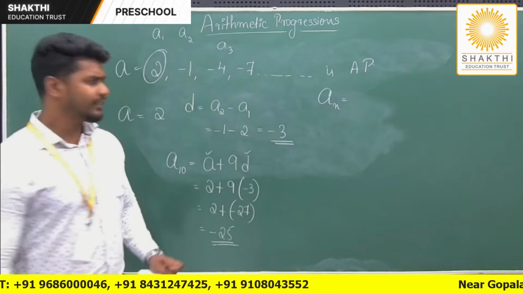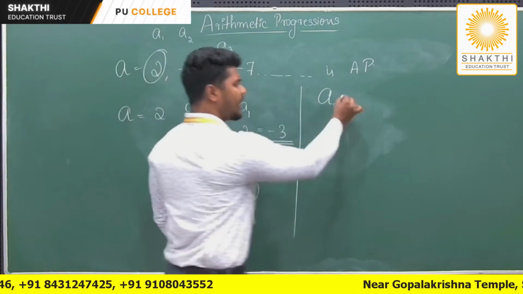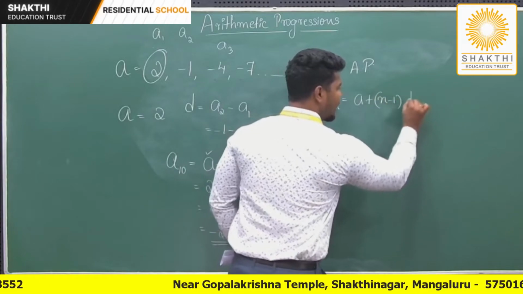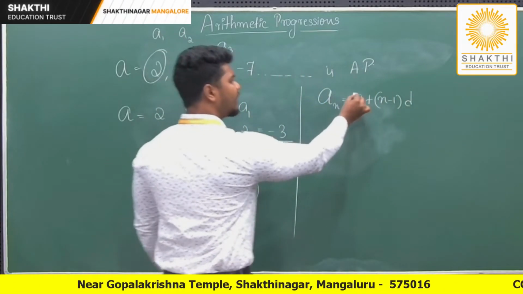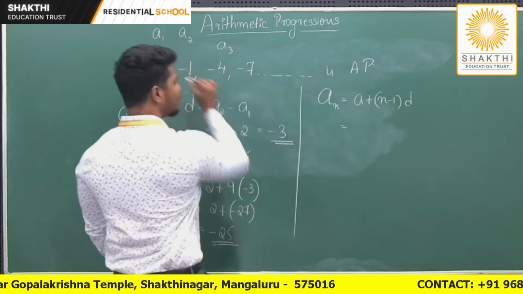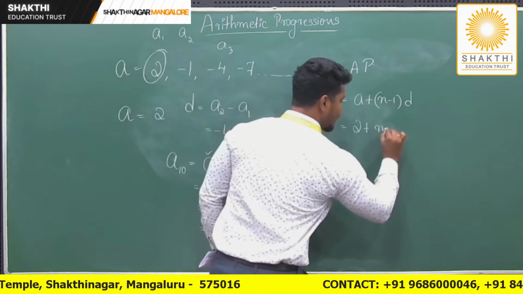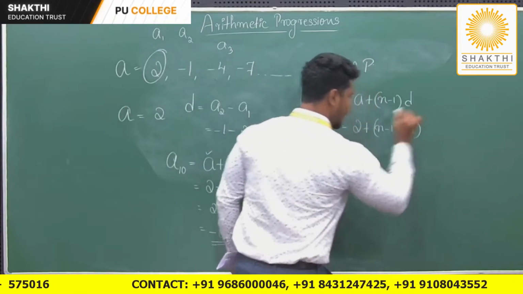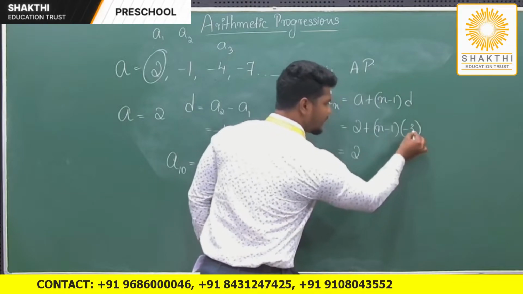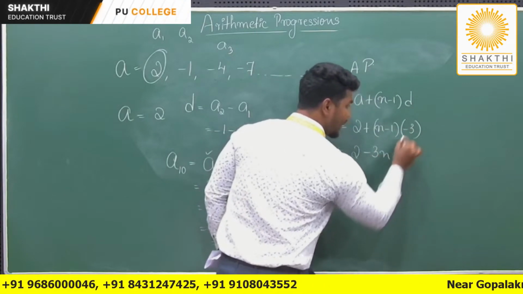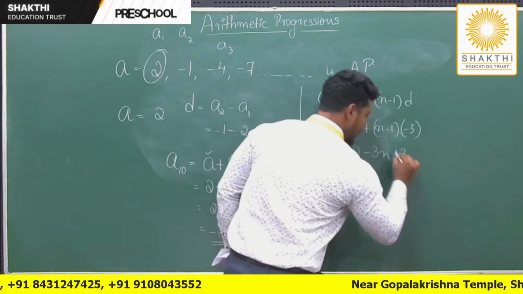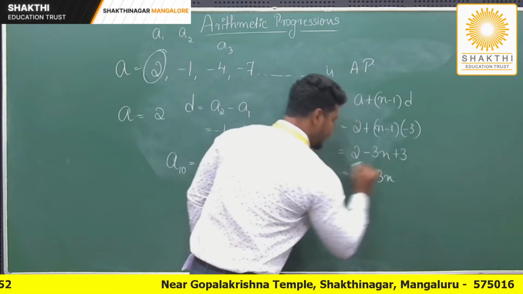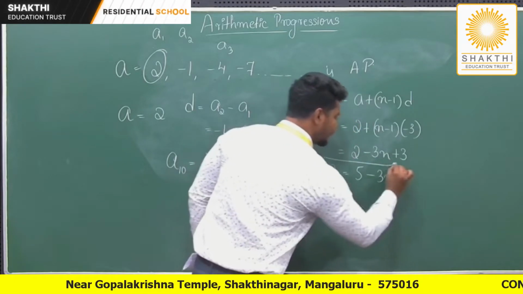Similarly, if the nth term is asked, we just write the value of n as it is and substitute the values of A and D. An will be equal to A plus n minus 1 into D. Substituting, it is 2 plus n minus 1 into D, which is minus 3. Expanding, 2 minus 3 into n is minus 3n, and minus 3 into minus 1 is plus 3. I can say 2 plus 3 is 5, so 5 minus 3n is the nth term of the